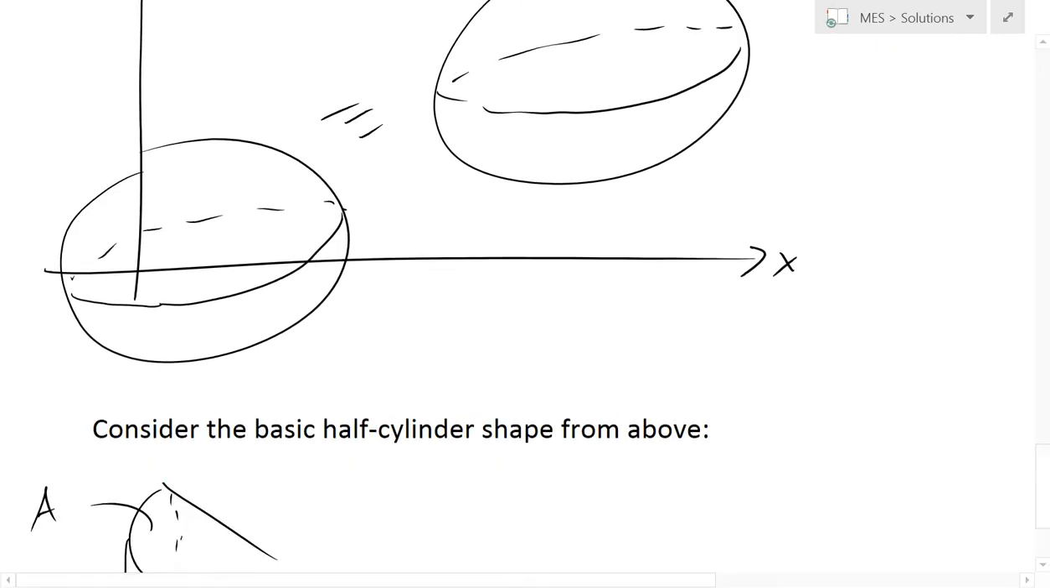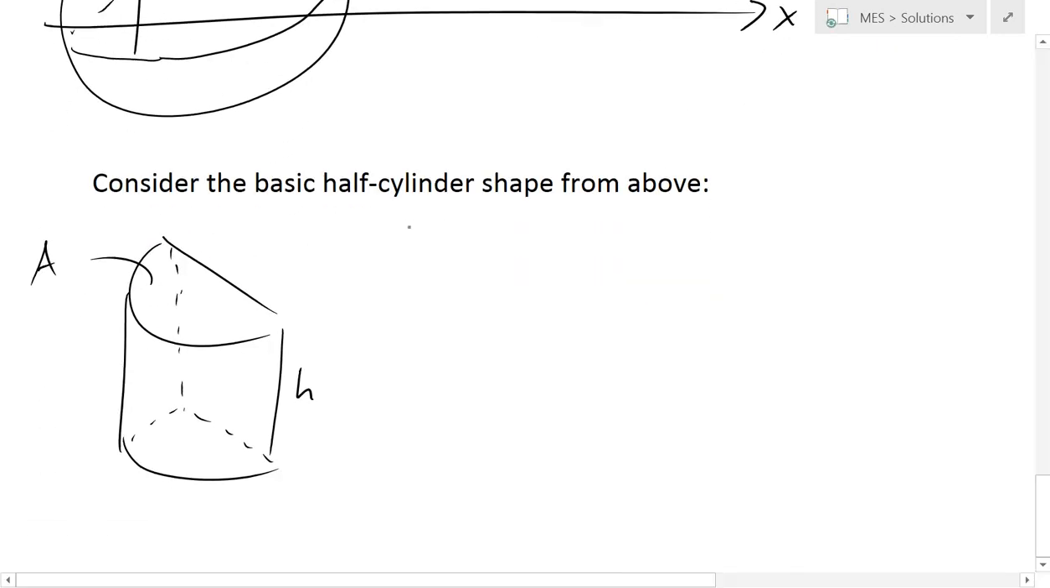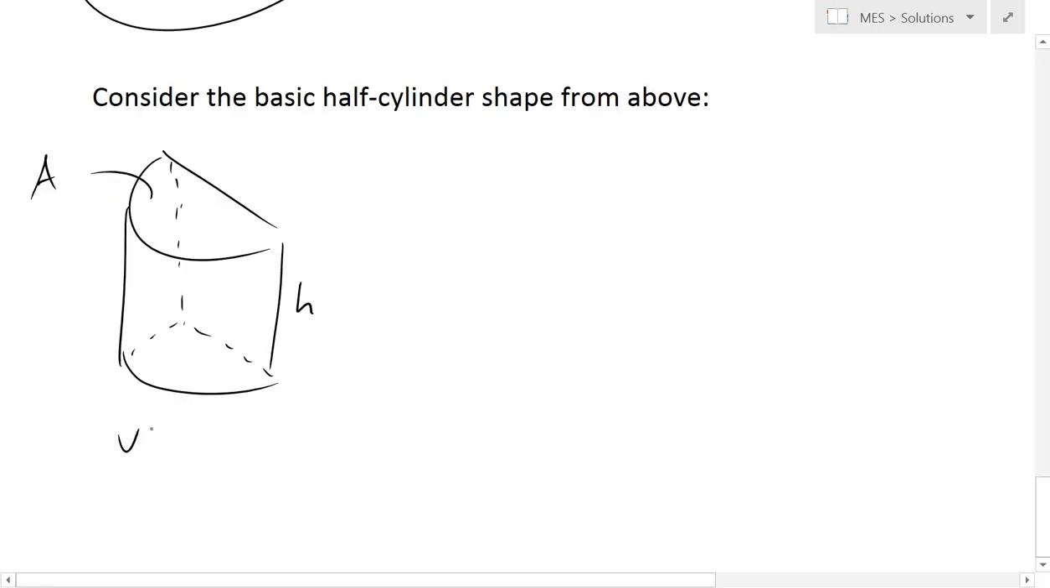Now just one more note. We'll consider the basic half-cylinder shape from above to show how you could solve the volume, where the volume is defined as area times h right here. This cross-sectional area is the same throughout the shape, and we'll solve this exactly using our definition to show it's the same thing. So as you can see, when we look at the integral right here,